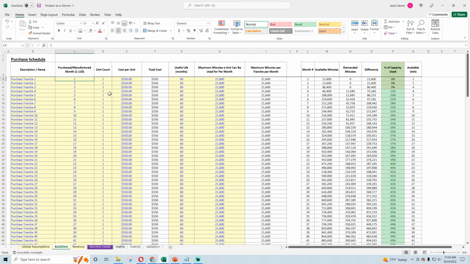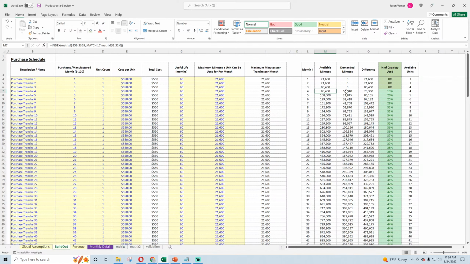Let's say we have customers starting in month 3. They come on, this is demanded minutes. We have 86,000 available minutes based on this purchase schedule here. So there's only 13% usage rate. What if we say